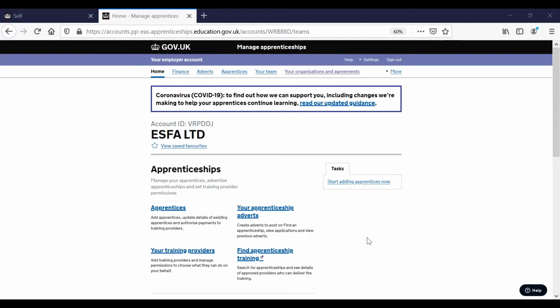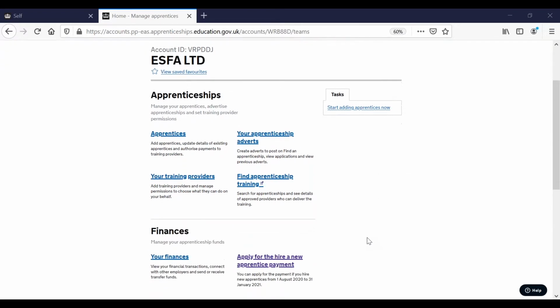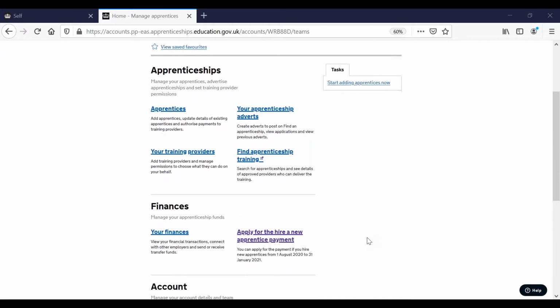So to begin our application, we click the Apply for the Hire a New Apprentice payment link, which has been added to your account's homepage. You can see it there in the Finances section. You'll notice that we state that you may apply for the payment if your apprentice was hired between the 1st of August 2020 and the 31st of January 2021. So if we click that link,